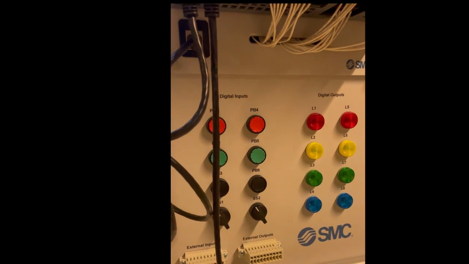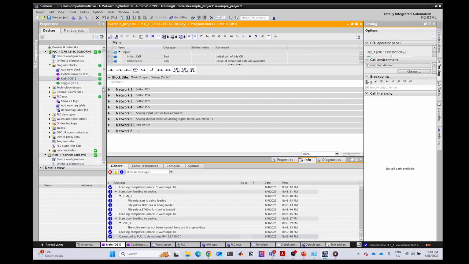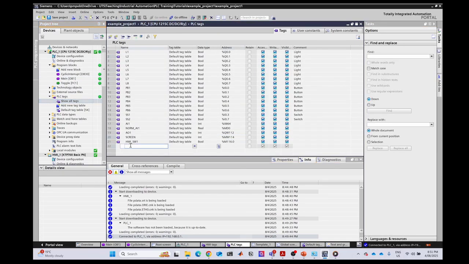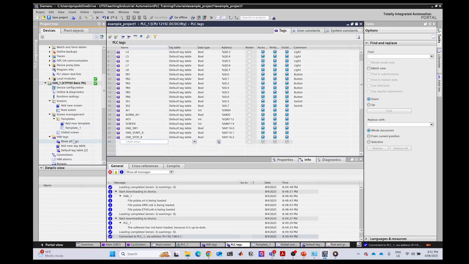the light turned off. Right, so let's create 2 more buttons for our HMI to control the LED number L7, okay, L7. So we'll do the same thing, same process. Tags, this one will be called start HMI start button. It's also going to be a boolean HMI stop button, boolean as well. And then we go to HMI tags,